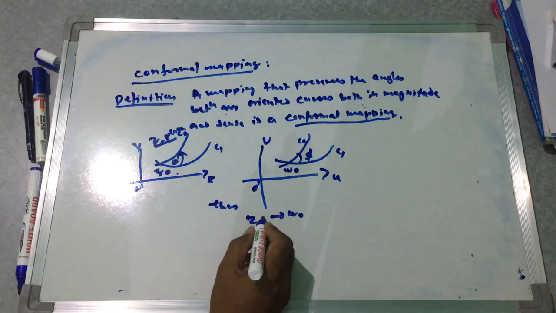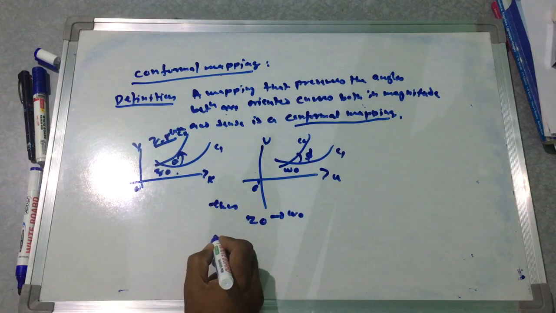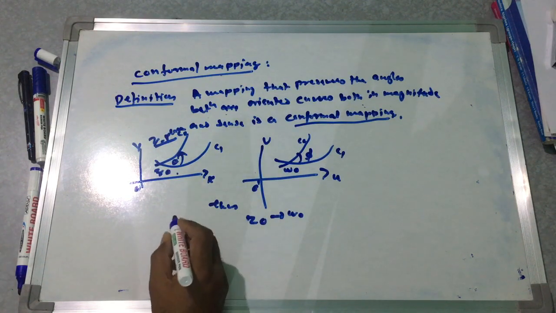If the angle theta at Z0 between C1 and C2 is equal to the angle phi at W0 between C1 dash and C2 dash,